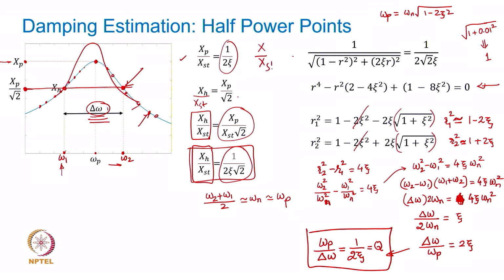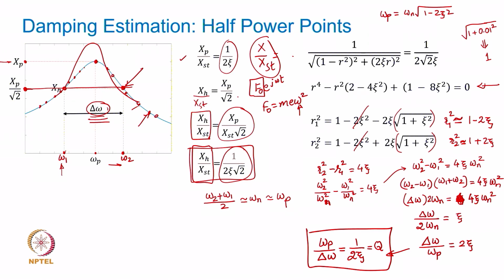X over XST expression, which is valid for constant frequency excitation, which means constant amplitude excitation, that means F naught is not allowed to change with frequency of excitation. Whereas, the example that we started with, the wind turbine, is a case of forced vibration or force excitation due to unbalance, which changes its F naught value, the magnitude value. F naught is what? It is m e omega square, which means that F naught itself is dependent on omega, but